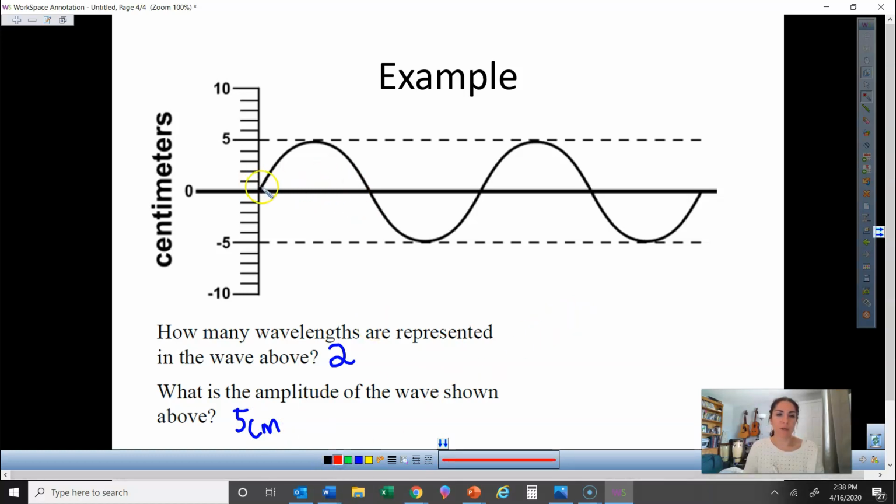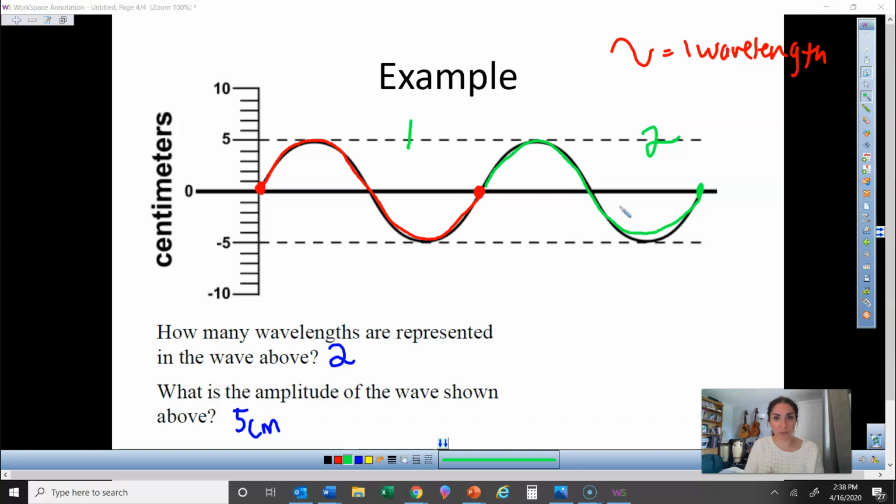So how do we know there's 2 wavelengths? I will start here, and I'll trace out 1 wavelength, so the full up and the full down. Notice that this shape right here is equal to one wavelength. And notice that I have another one of those shapes. I have 1, 2 wavelengths here. So you can kind of memorize that. Counting peaks is not helpful in this case if you notice, because then I have 3/4 and 1/4. I mean, you can do it, but it's not helpful in this situation. So there's two